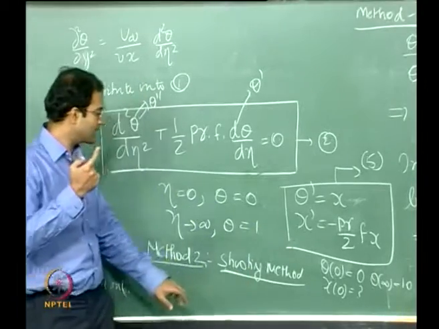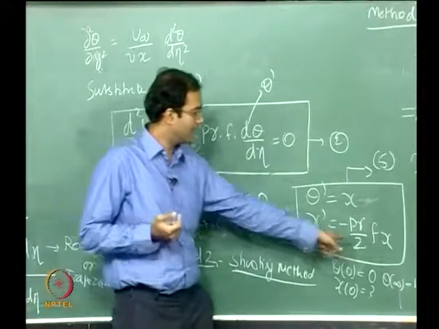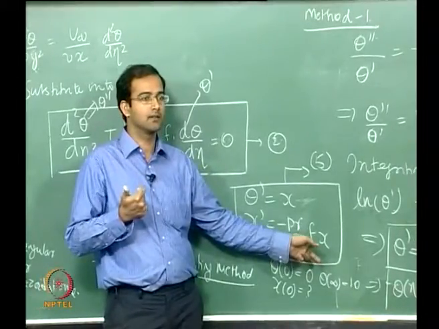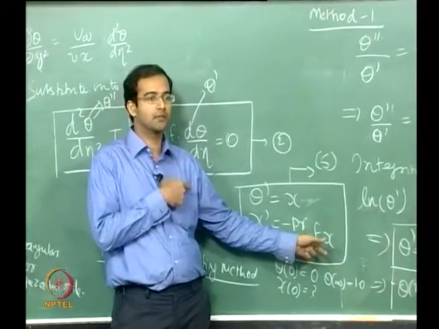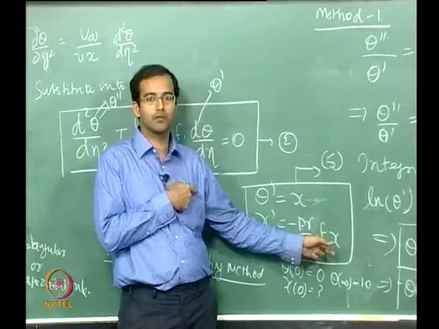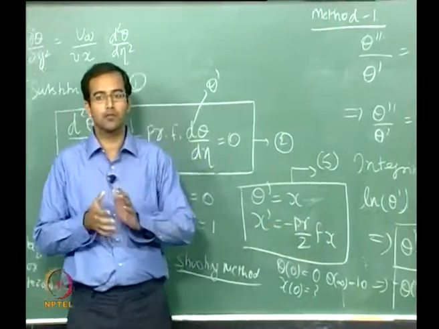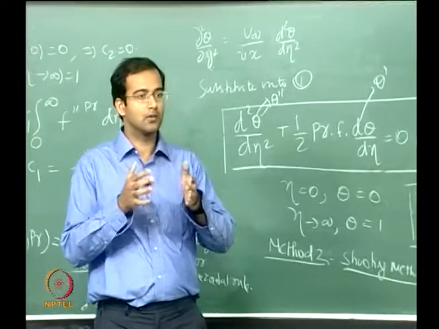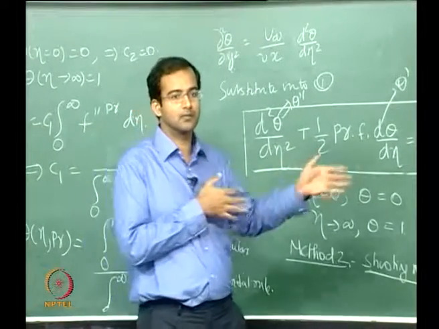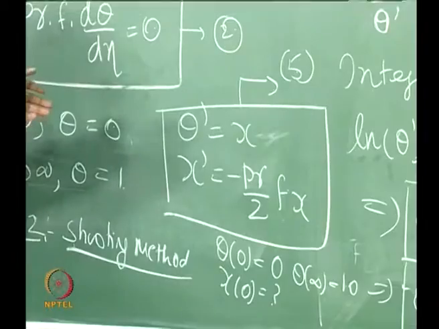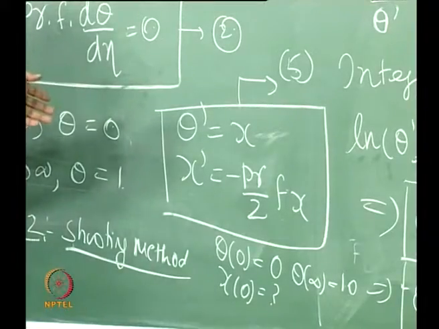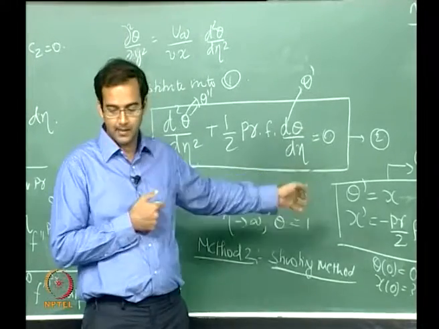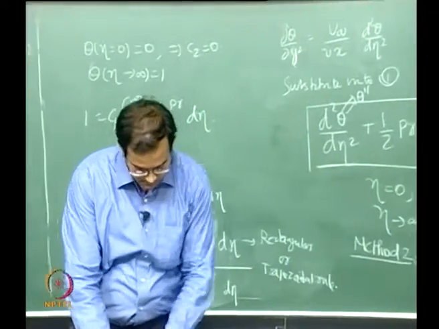The only thing is, for this solution you need f at that point. So first you have to solve the Blasius equation and use that value of f in this, because before solving the energy equation you need to know the flow field, correct? So you have to integrate the code where you are solving for f with this code. You get the value of f and put it into this, and then you again apply the same Newton's technique with the shooting method and get the solution for theta.